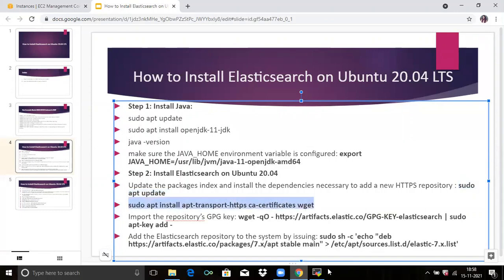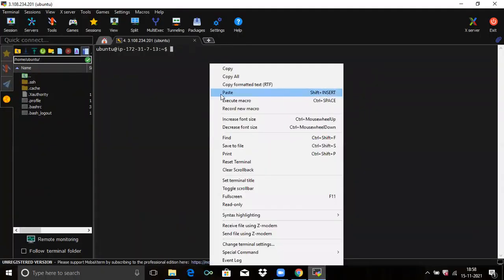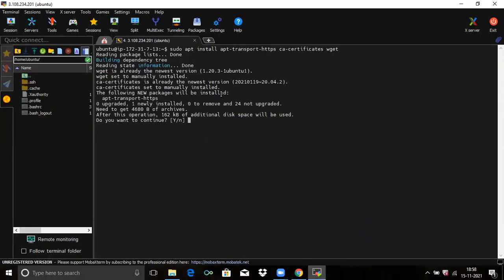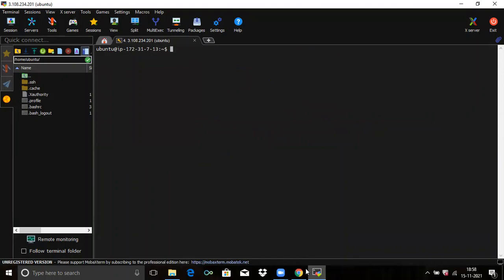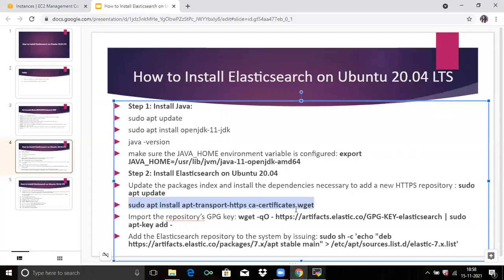Run this command to add new HTTPS repositories. I can say yes. Clear the screen. Then import the repository's GPG keys. Run this command.